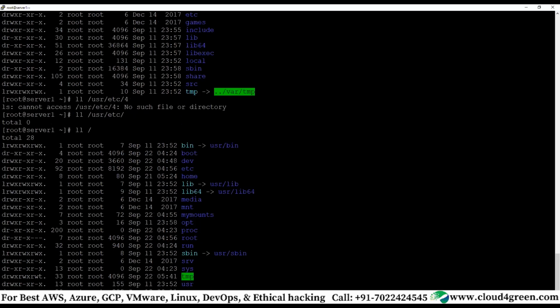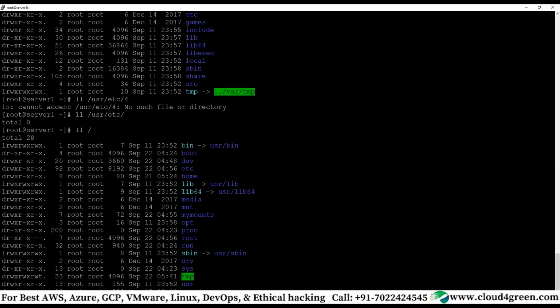And bin is a directory. Earlier, in RHEL 6 or something like that, you literally had a /bin directory, correct? Now you don't have /bin. Instead, for backward compatibility, these links are given. In the older versions, RHEL 6, RHEL 5, you will see /bin and will not find these soft links. Now they have moved bin to usr. So it is system files as well as user related files, which a normal user can look into.